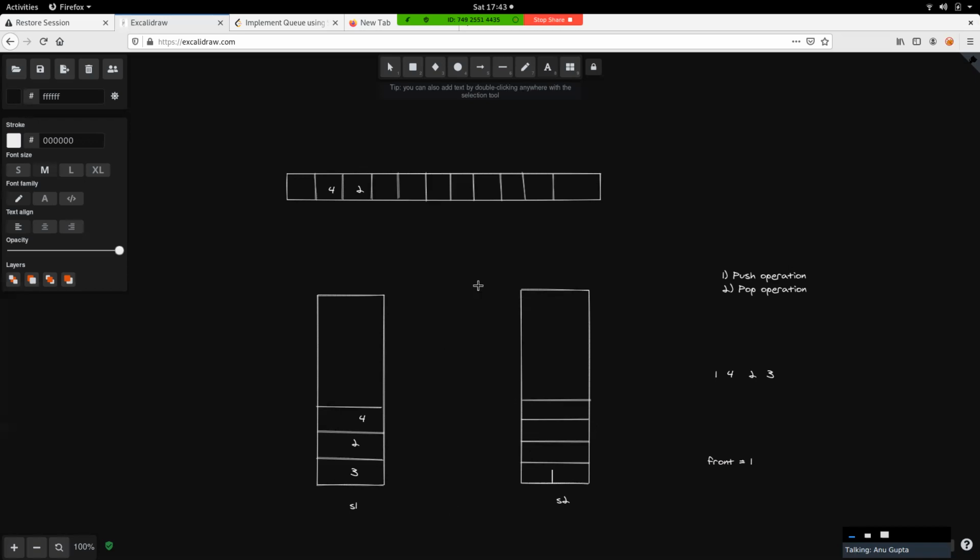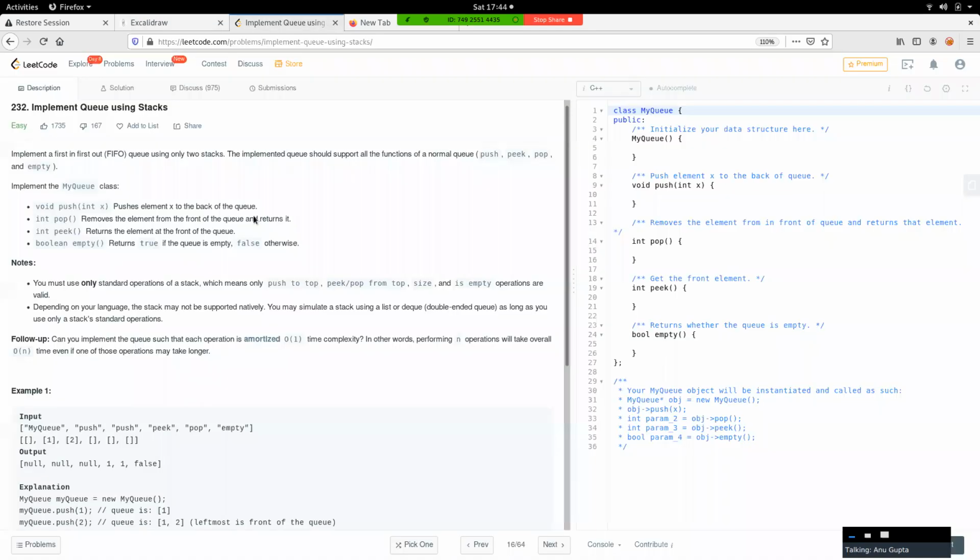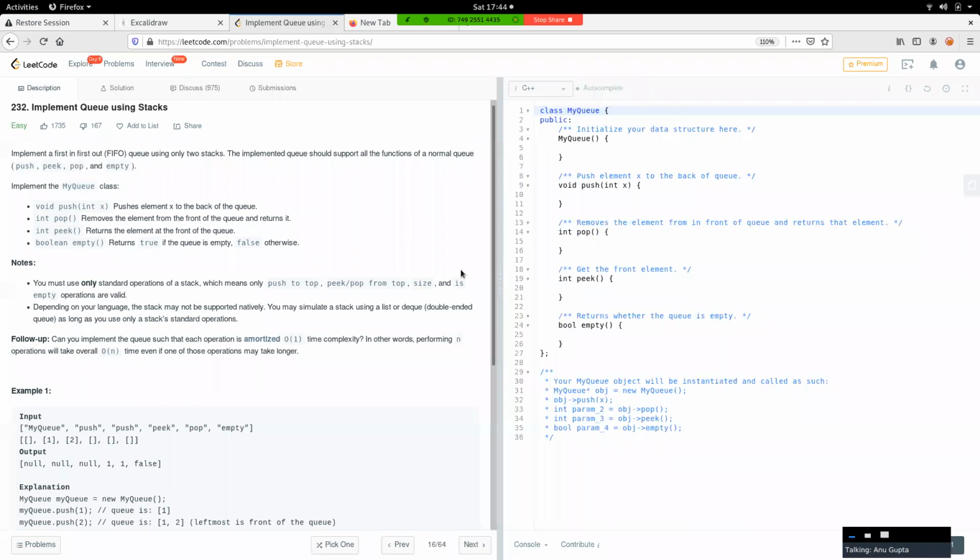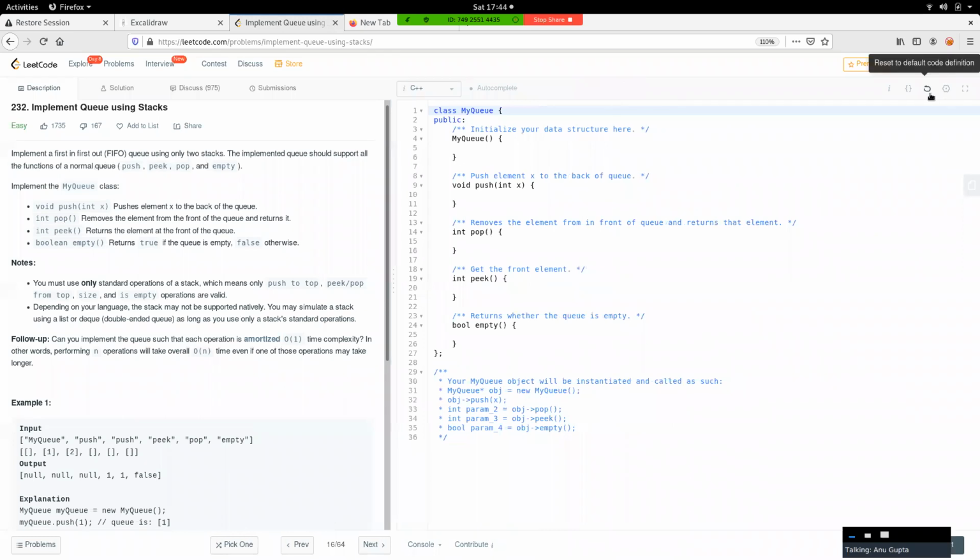But in the pop operation we just pop it out, that is order of 1 complexity. We can do it the other way around, we can make pop operations costly and push operation order of 1, right? But let's check out how we can do it using the push operation as costly. So implementation wise, what I'll do is